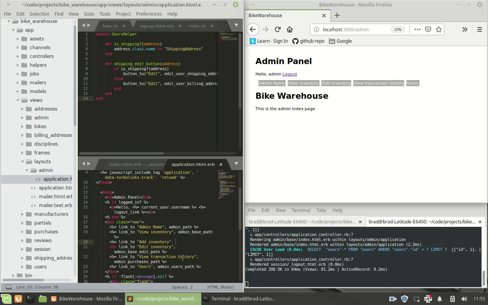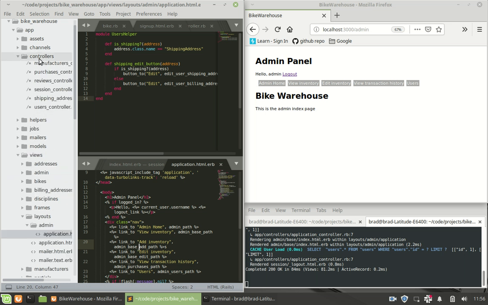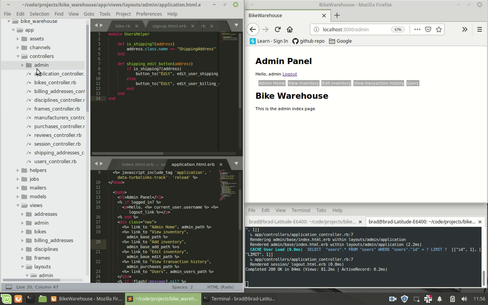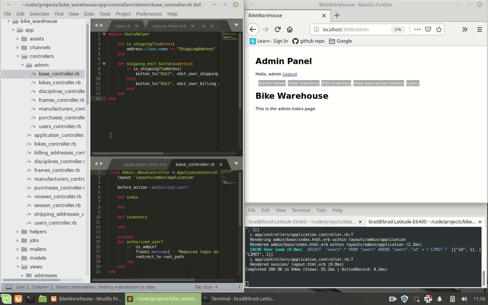And then as far as the path, I've kind of made these custom paths to get me where I need to go. So I'm just going to keep following that. So I'm going to call this the admin base add path. So this base controller is kind of what helps take care of making sure that whoever's visiting these routes has admin privileges. And then we can also use the controller to route us to some of our basic pages as well. So let's go in here real quick and